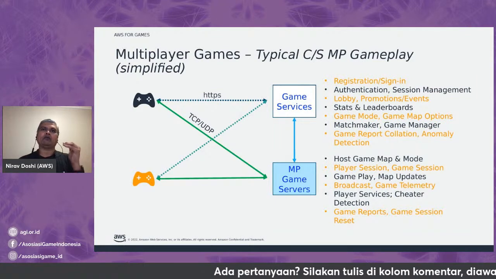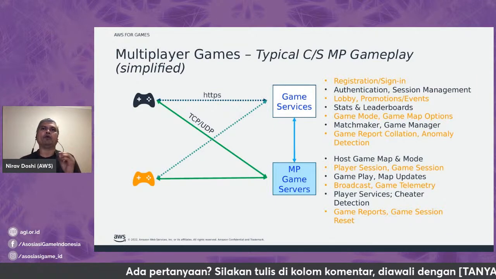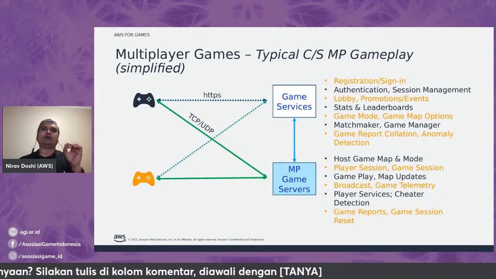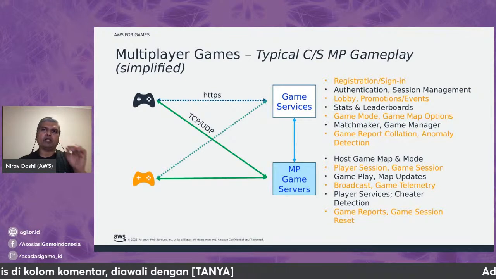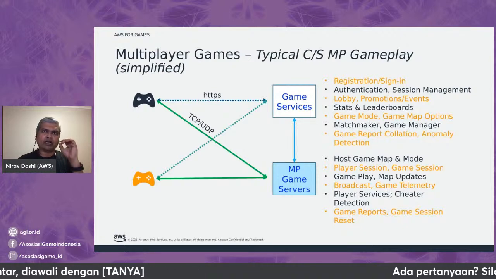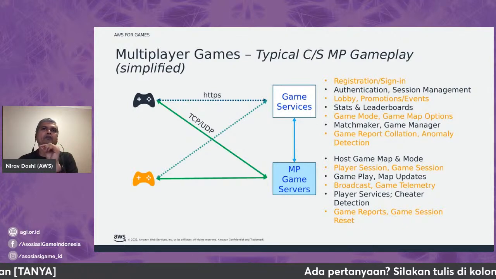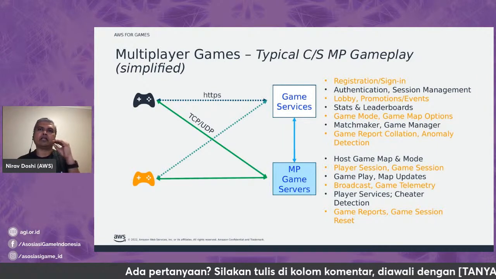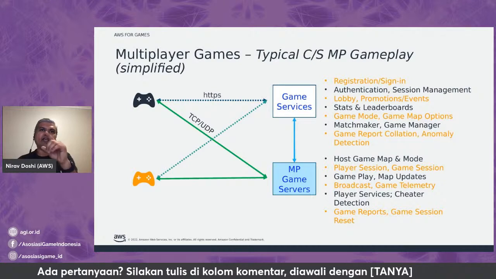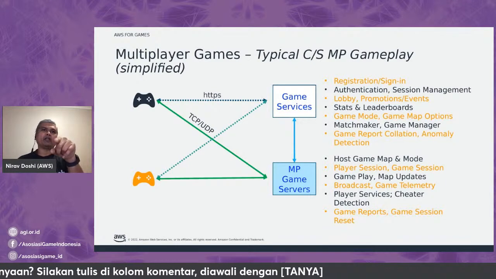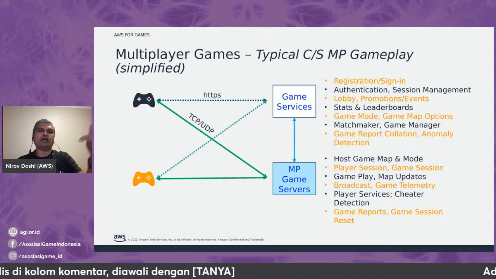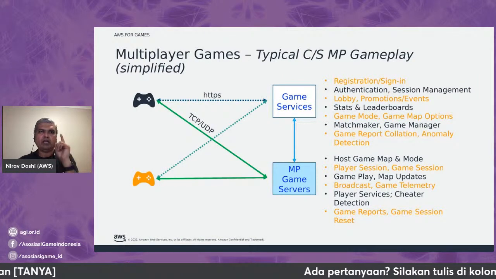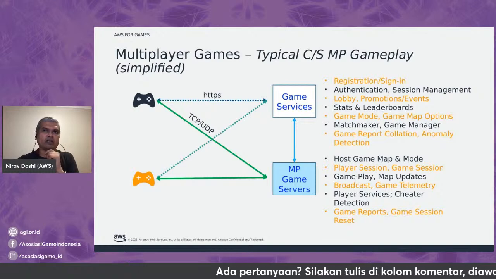Now they may go in to play a certain game mode or a certain game map option. They would put in a request to get matched. A game would be available. A game manager would be able to identify a game for them with the matchmaker, with their skills and the rules necessary, and they would then be connected to the multiplayer game server. So that is when they would now have a TCP or a UDP based direct connection with the multiplayer game server. But now this is one player who has connected in.